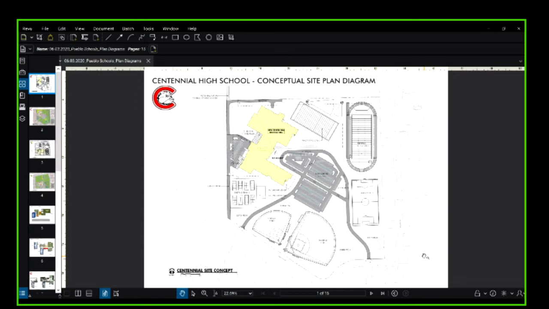We have started to move the fields around a little bit, and we were originally trying to keep some existing parking, which we're not going to do. That was just too tight on this site. We weren't able to get all the fields and parking that we needed to accommodate on this site to keep that parking. But let me walk you through a little bit on what we've got.